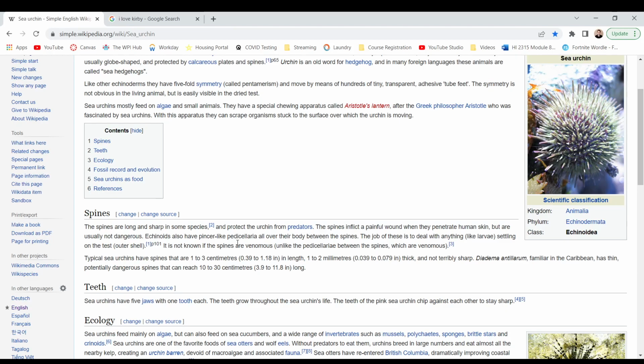Echinoids also have pincer-like pedicellariae all over the body between the spines. The job of these is to deal with anything like larvae settling on the test, the outer shell. It is not known if the spines are venomous. Unlike the pedicellariae between the spines, which are venomous, typical sea urchins have spines from 1 to 3 centimeters, 0.39 to 1.8 inches in length,